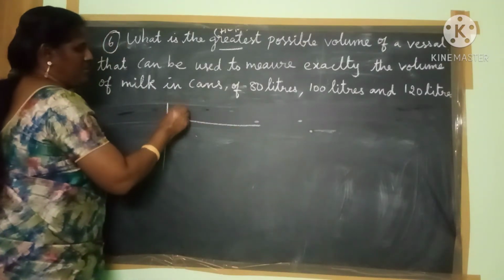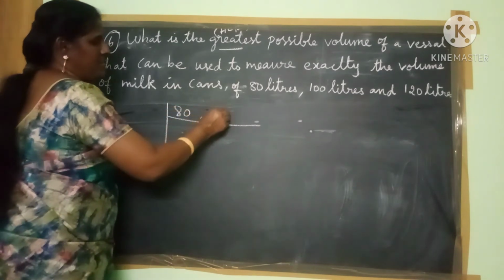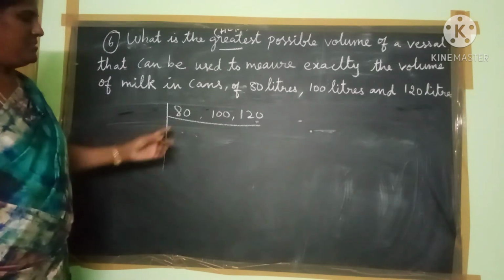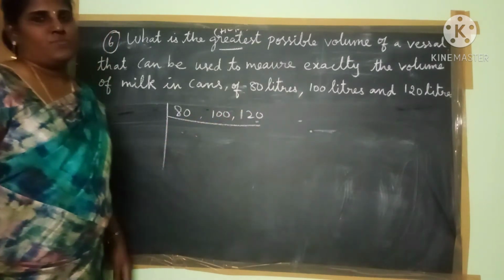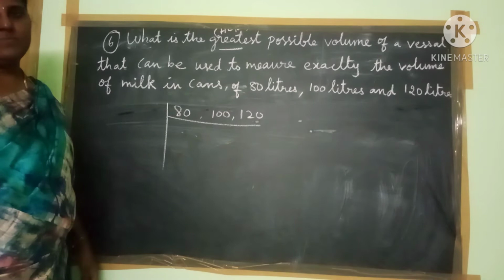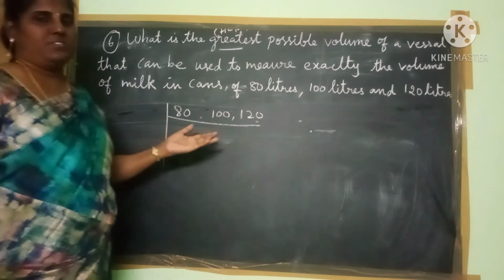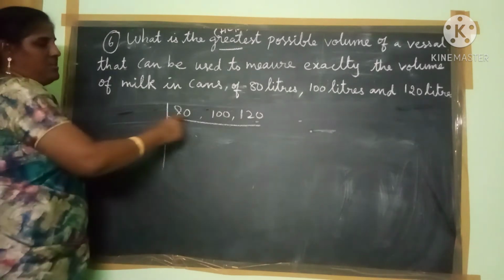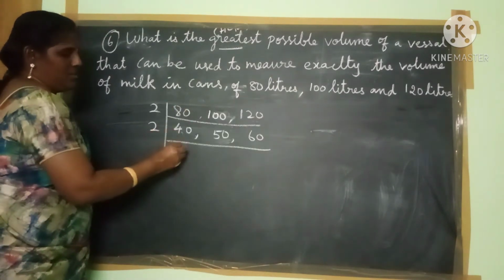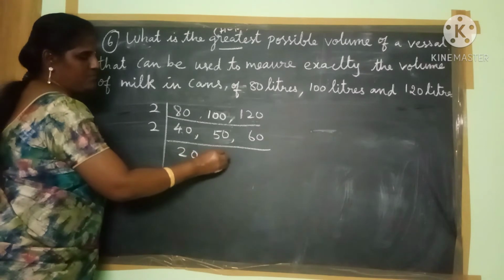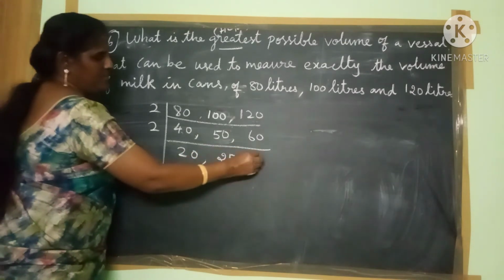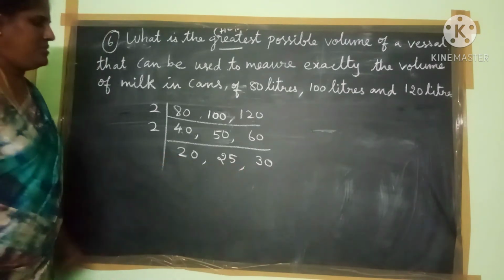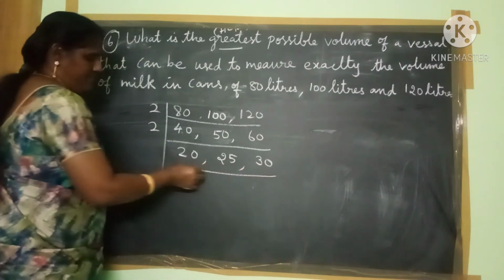First you put 80, 100 and 120 liters. So all the numbers end with 0, so they can be divided by the 2 table. In the factorization method we start with the small prime only. So it is all even numbers. In 20 time, this is 25 time, and this one 30 time. So all the numbers end with 0 and 5, so it can be divisible by what is the next number?